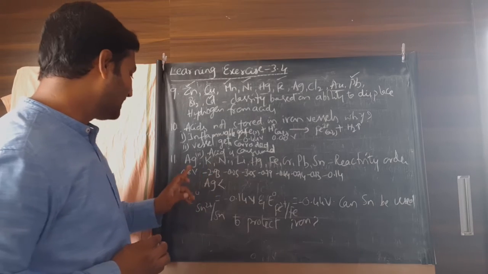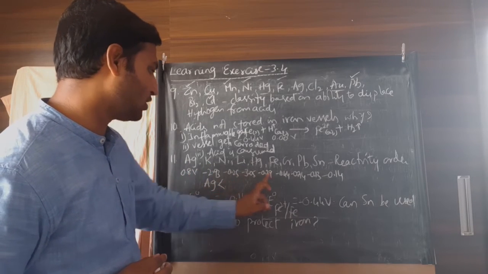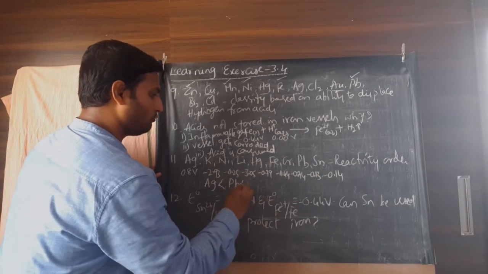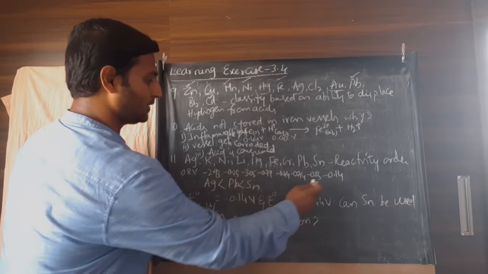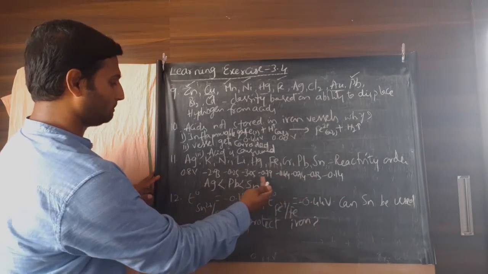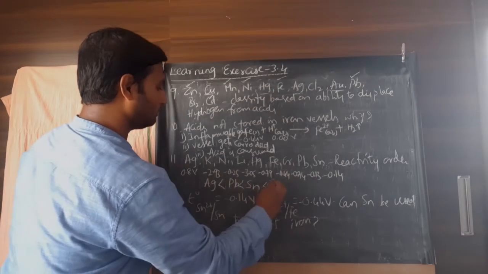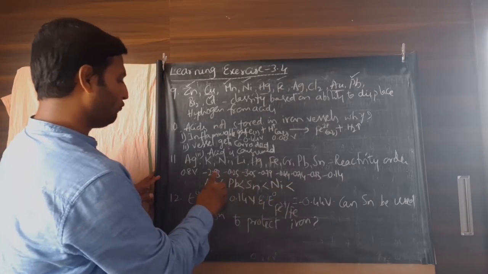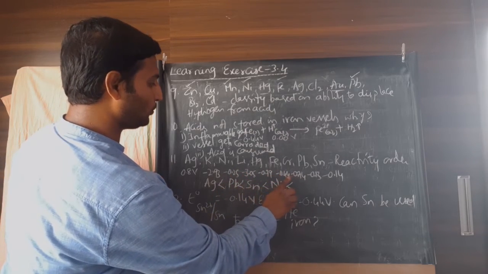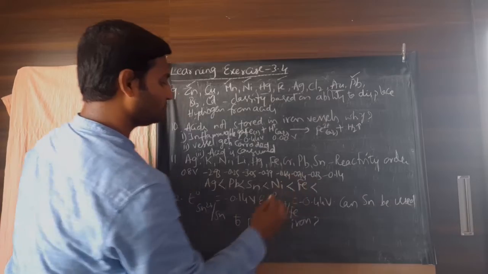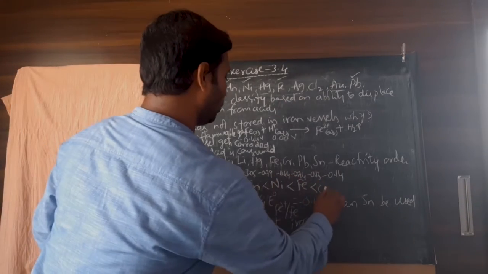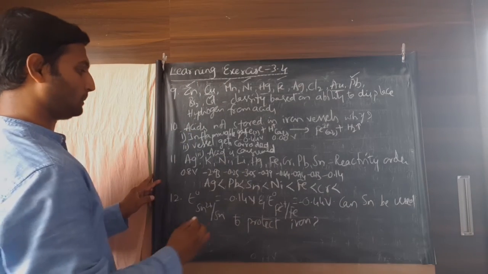Then the second highest potential comes out to be for lead, followed by tin, minus 0.14, then followed by nickel, followed by, after minus 0.25, the smaller value, iron, followed by chromium, followed by,